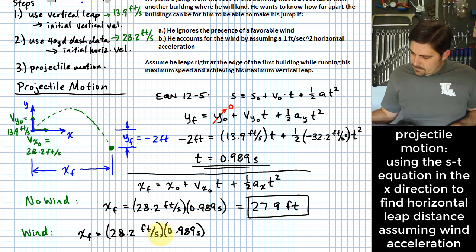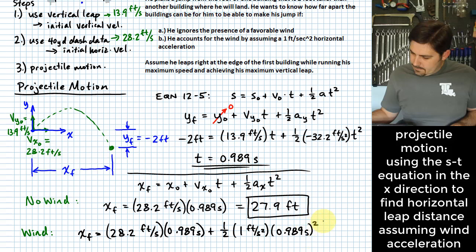But to this, now that we have the wind, we can't say that ax is 0 anymore. And so we have to add to this 1/2 of 1 foot per second squared times 0.989 seconds